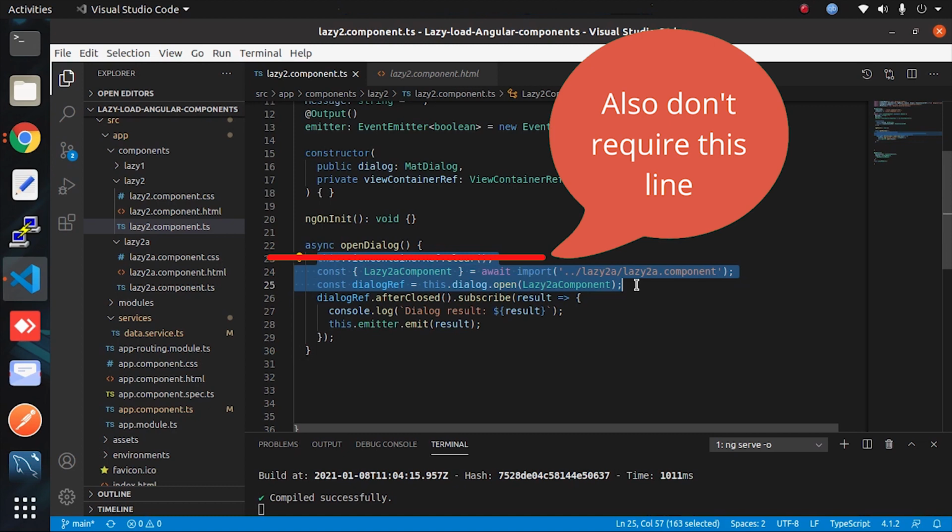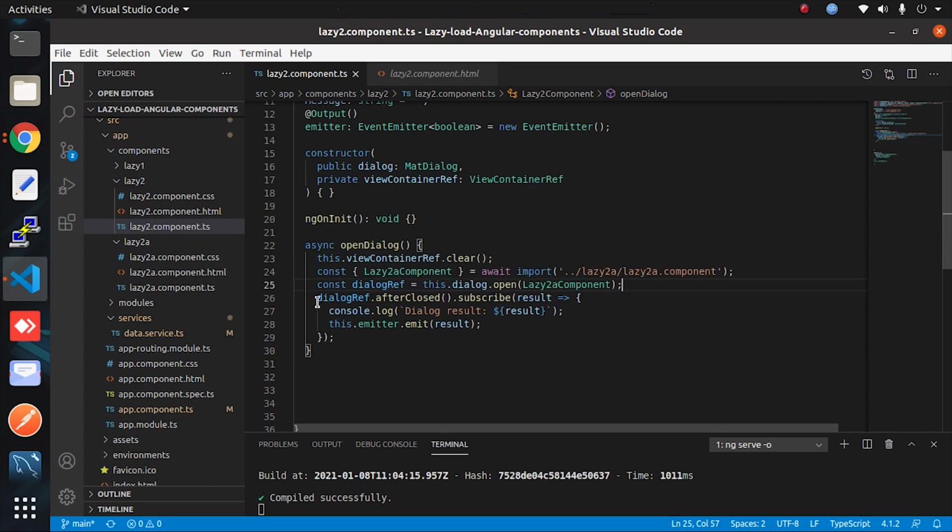Now talking about output here also, you can get the output with the help of an event emitter and the output decorator, both can be used. But the Angular Material dialog box provides us the feature, so we don't need to use the output decorator in this.